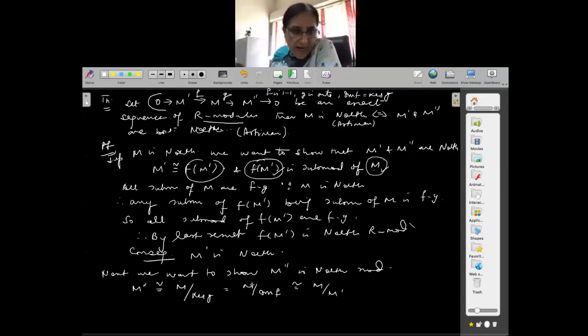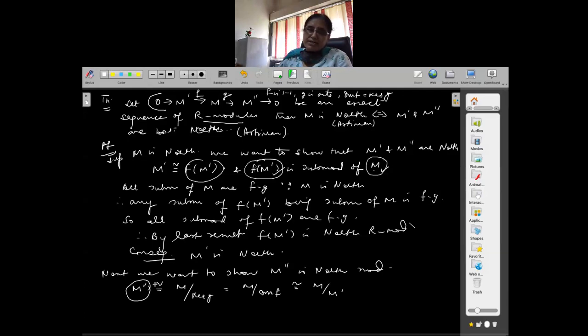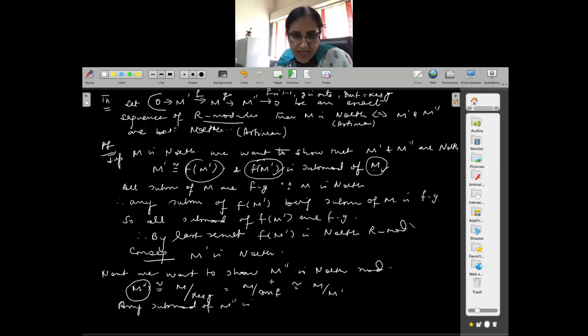Now, to show that M'' is Noetherian, show that every R-submodule of M'' is finitely generated. I told you, this is the most basic thing to use: to show that something is Noetherian, show that all its submodules are finitely generated. Take any submodule of M''.